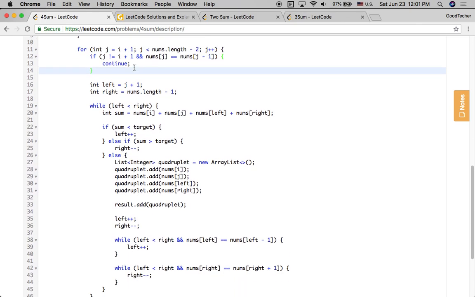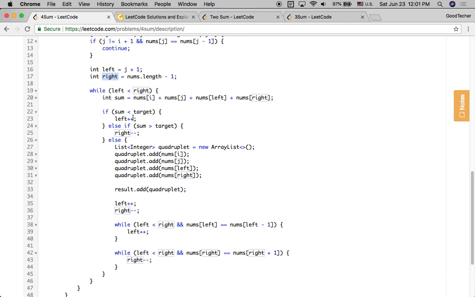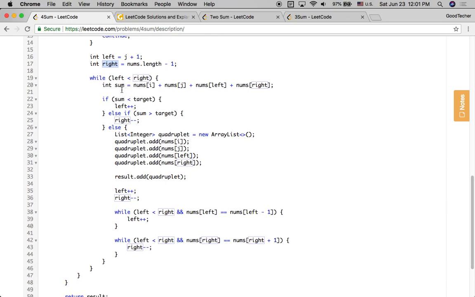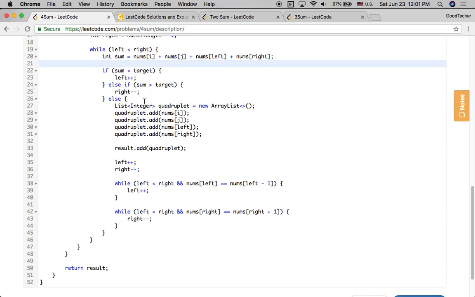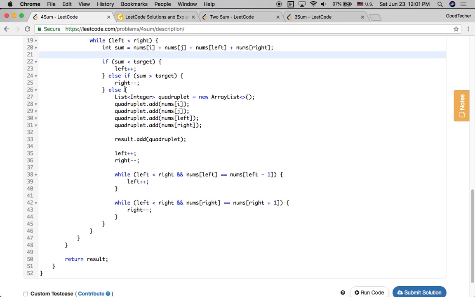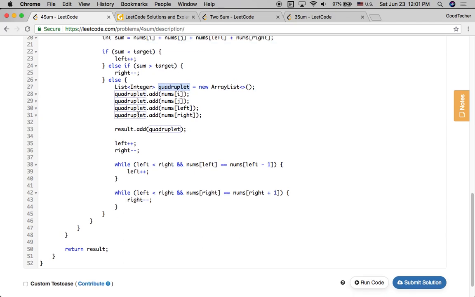So for this 3-sum level, we also handle the duplicate, and then introduce the 2-pointers technique. And inside the while loop we see here we have the sum of the 4 numbers and compare it with the target. If that's smaller than the target, we increase a smaller number, and if it's greater than the target, we decrease a bigger number. And also if the sum is equal to the target, we have a quadruplets variable and